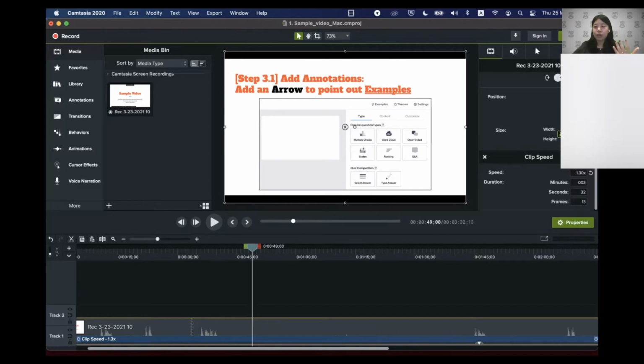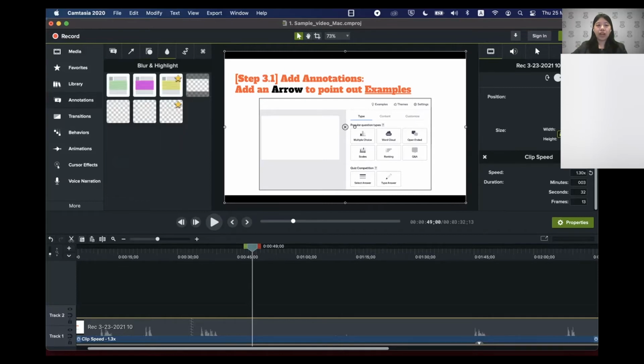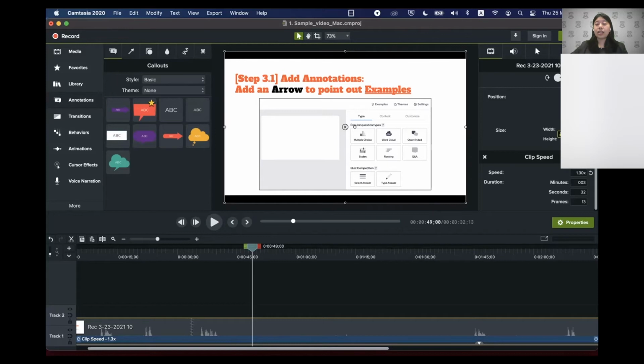And same for students, if you want to tell your professors that you want them to pay attention to that, you can also use annotations. So on the left-hand side, under annotations, there are different types of annotations that you can use. Callouts, arrows and lines, shapes, blur and highlight, sketch motion, keystroke callout, but I'm not going to mention the keystroke today. So for this exercise, step 3.1,